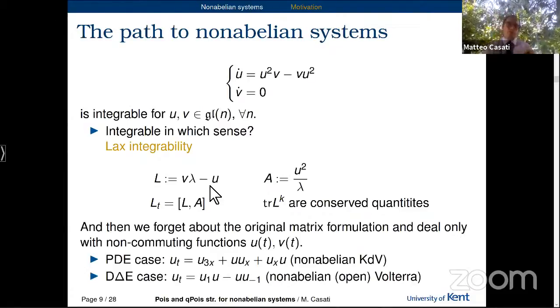and what we do, of course, because we like abstraction, is that we forget that originally these U and V were matrices, and we just decide that we are dealing with functions U and V on a space where the product is not commutative, and it's still associative but not commutative, and we decide that we don't want to know anything about the commutation rule in the space. So it's not like quantum mechanics. This is in principle more general because we don't ask anything about the product. Of course, you can do a kind of reduction to get back there, but it's outside the scope